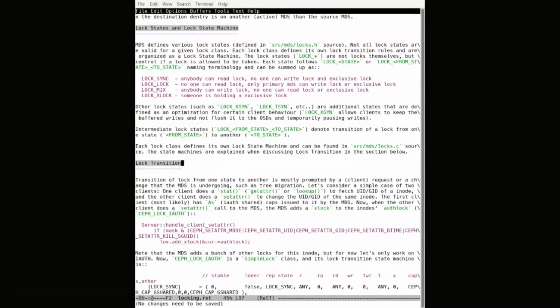So when does the MDS do all these state transitions? Transition of a lock from one state to another is mostly when a client does a request, when a client does an operation that reaches the MDS and the MDS feels that it needs to make all these lock changes. Or the other case is if the MDS has picked up a node from tree migration, maybe because it thinks a balancer got invoked and then it needs to migrate this particular subtree to another MDS. So even in that case, it might prompt